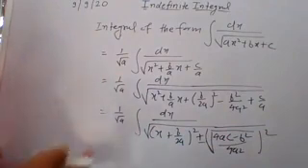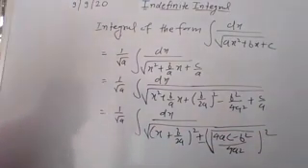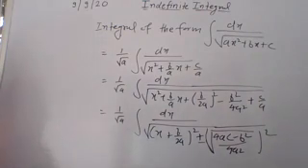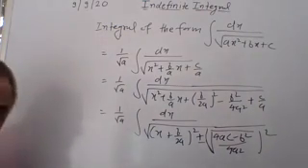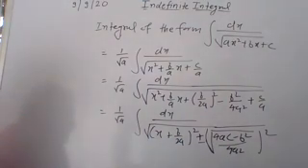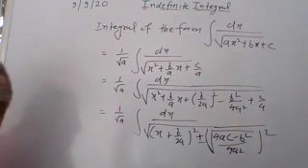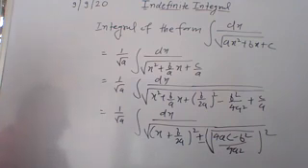So here you see that your integral is converted into 1 upon under root x square plus a square, or 1 upon under root a square minus x square. And also it can be converted into integration of 1 upon under root x square minus a square or plus a square. So that matches the last three integrals of the special forms. So you use that formula and evaluate its value. Understand? So note that, and try to solve the questions based on that also.